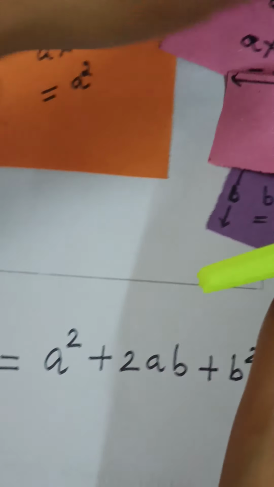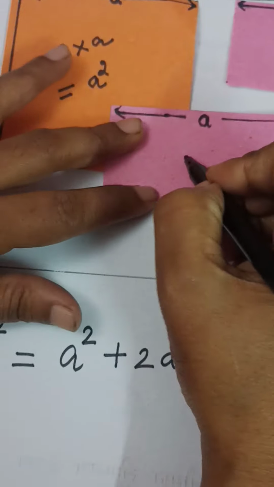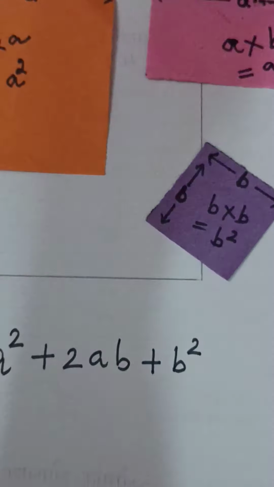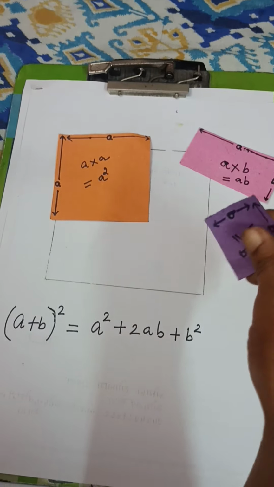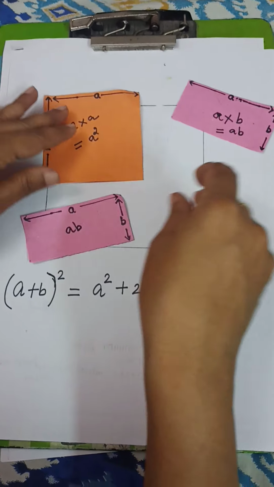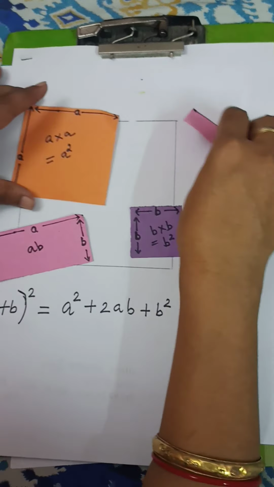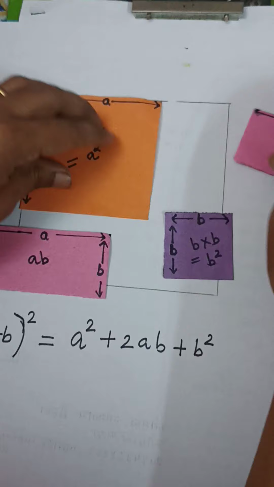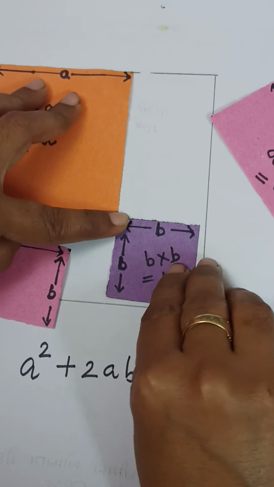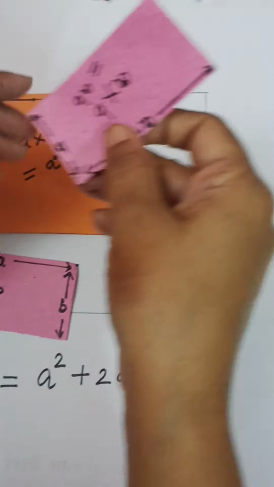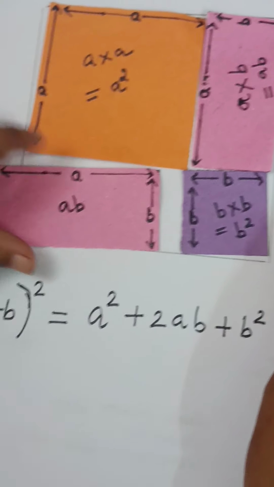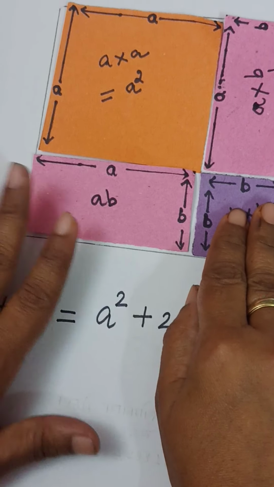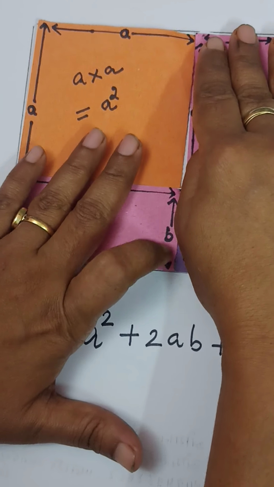Here also, this is an identical rectangle, same. So its area is AB. Now this pink sheet is how much? AB. This is also AB. This is A square. This is B square. Now we are going to form a square by these four pieces. Okay. So we keep it here, this here, and this here. We can take this and another rectangle here. Okay, now you just place it adjacent, close.